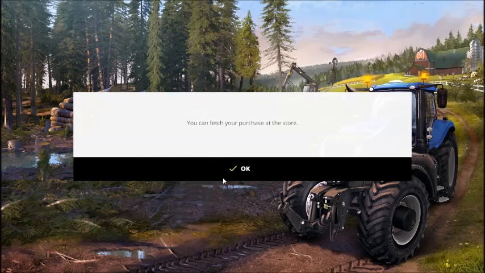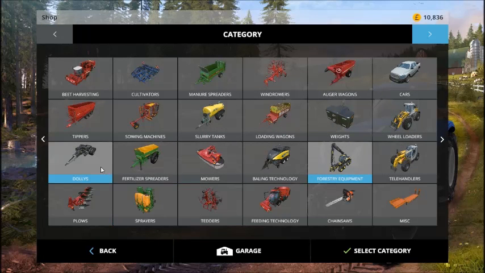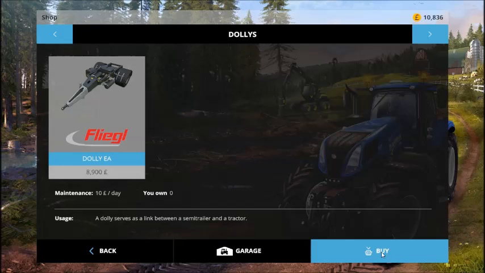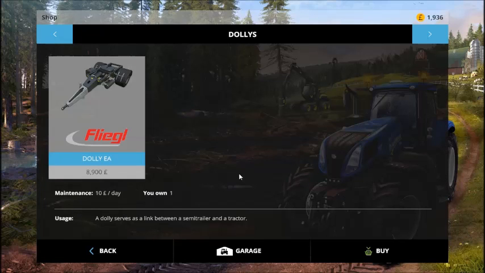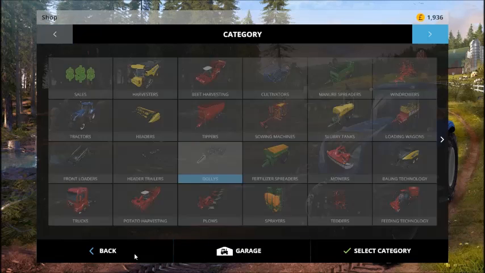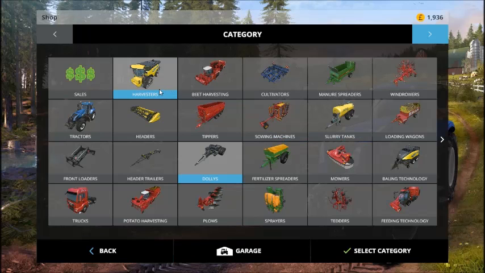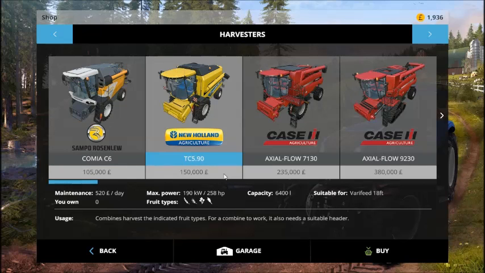We're going to buy that, and now we need a dolly, which is 8,900, which we've just got enough to do. Now that gives us 1,936 left. I don't think there's anything else that we're going to be buying today, but I do believe that in the next episode what I want to do is get and save up for